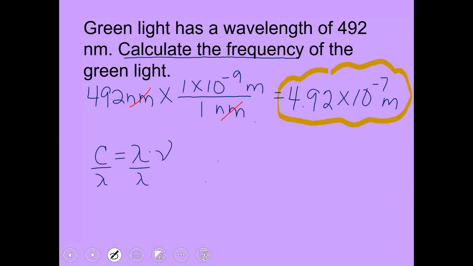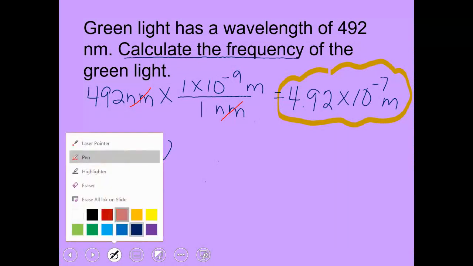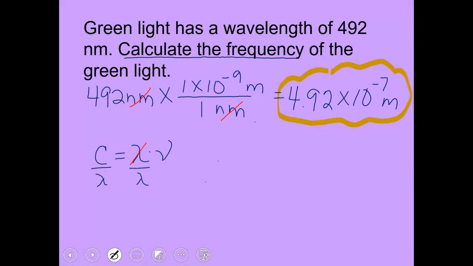We can divide both sides by the wavelength, so it will divide out. And now we've got an equation that we can use. Frequency is equal to C over wavelength. We know C because it is always the same. It is a constant, 3.00 times 10 to the 8th meters per second. We know wavelength in meters because we just calculated it,